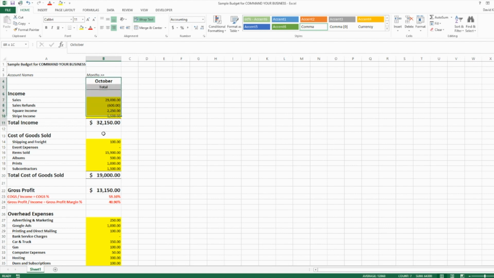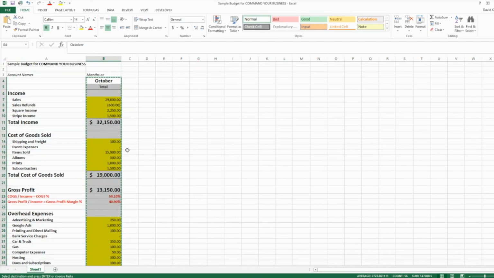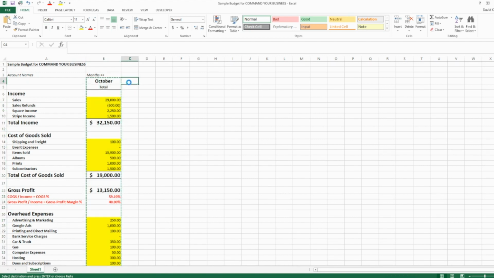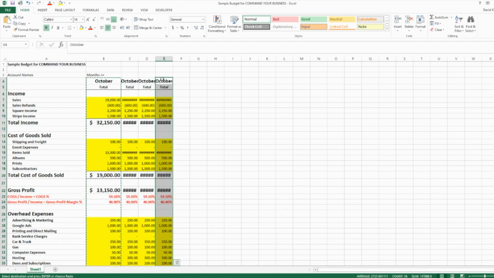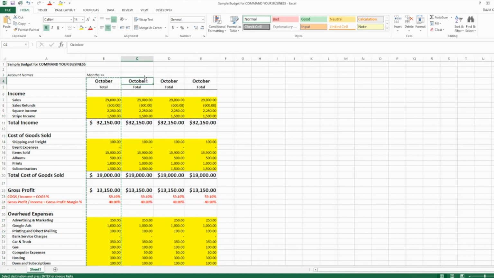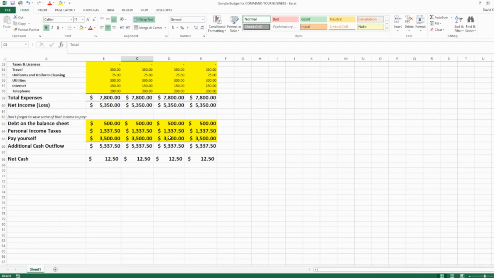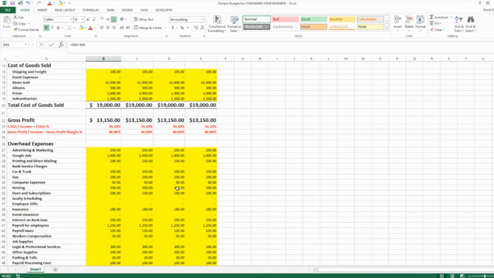But let's copy this month. So I'm going to copy the whole column here to November, December, January. Expand these. November, December, January. Now we have our base set up here, right? So we're always going to be showing this net cash of, over those 4 months, $50 of total cash that we'll be adding to our bank account. But that might